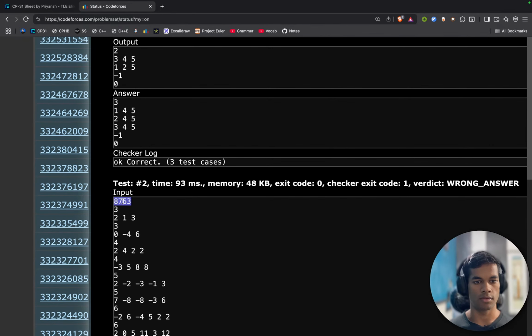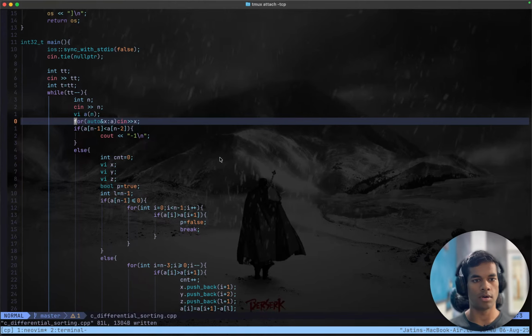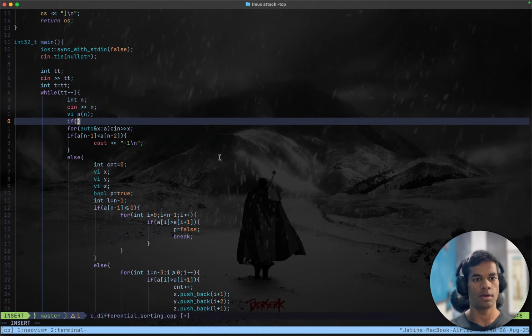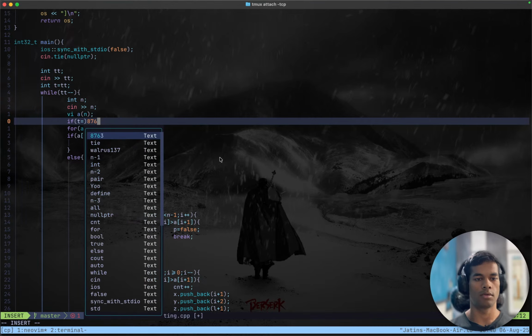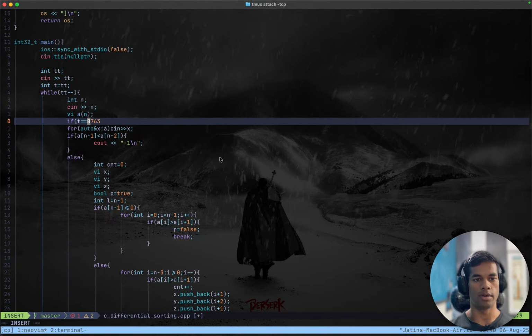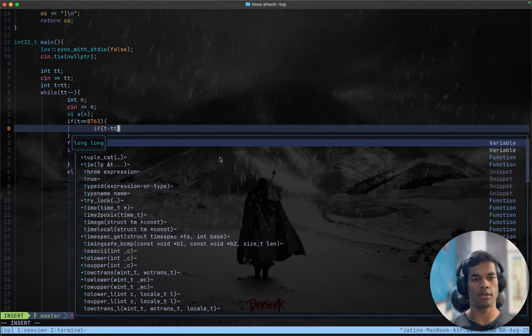No, it is this number, 8763. If the number of test cases is 8763, and if t equals this 8763 or equals more likely, and if t minus tt equals